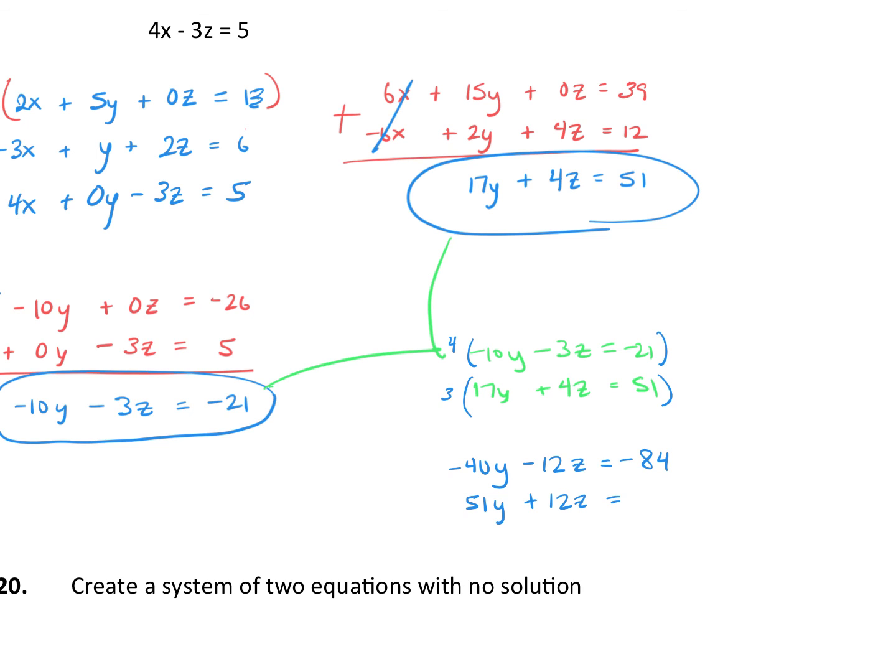And 3 times 51 is 153. We're going to add these two equations together and really hope that we get a nice answer out of this. All right, negative 40y plus 51y is a positive 11y. Our z's cancel. We designed that to happen. Negative 84 plus 153